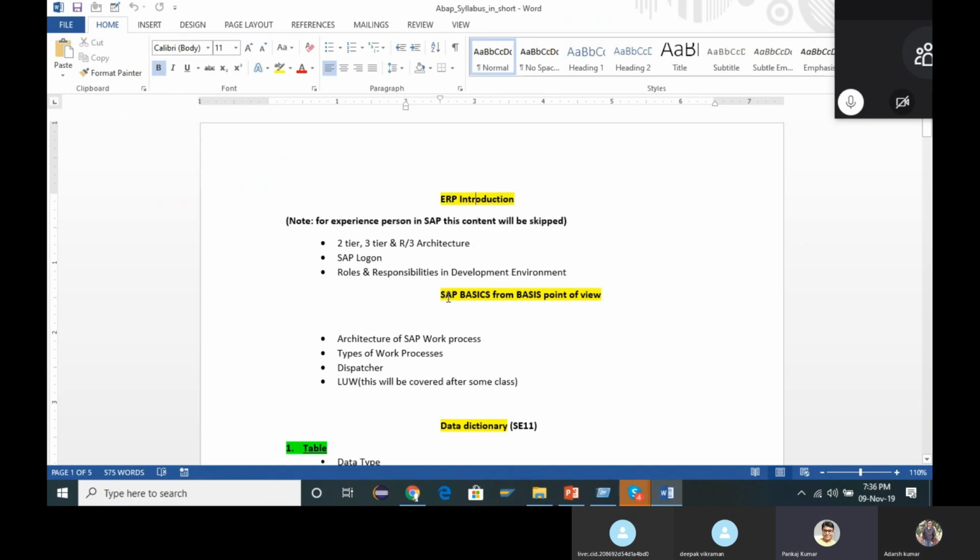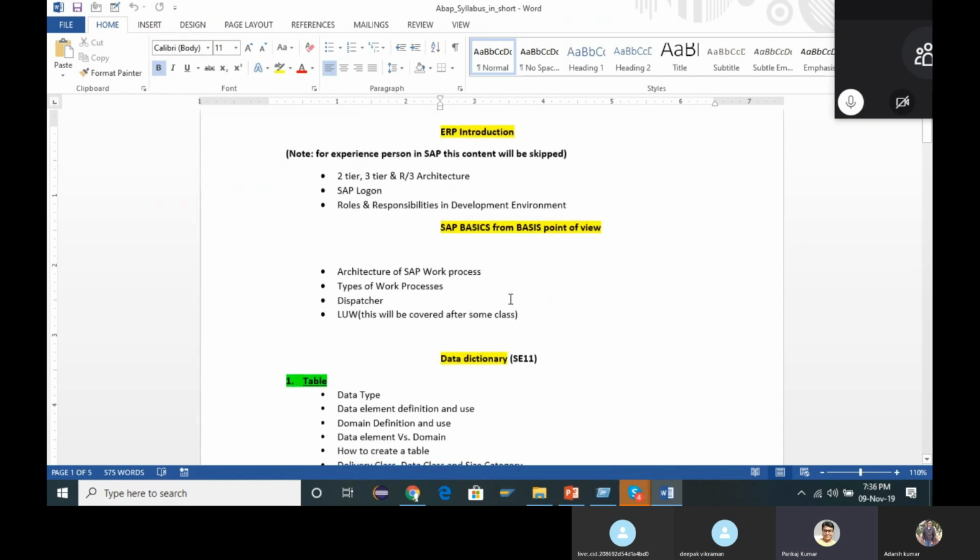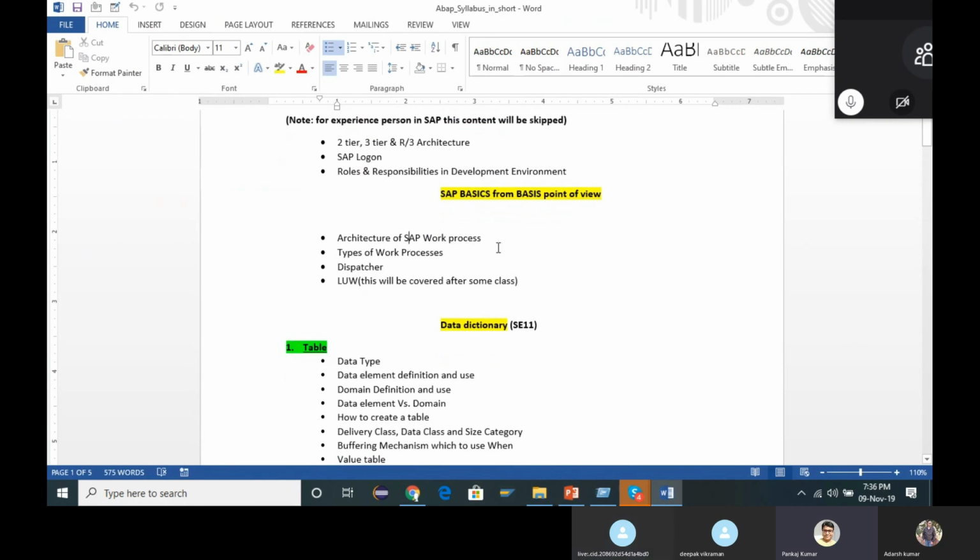And then we will understand the SAP basics from the basis point of view: how it actually works, what its architecture is, what things run behind it, and what components are running in the background of any SAP, which is executing our program or any business logic, or executing our logic for any database system.